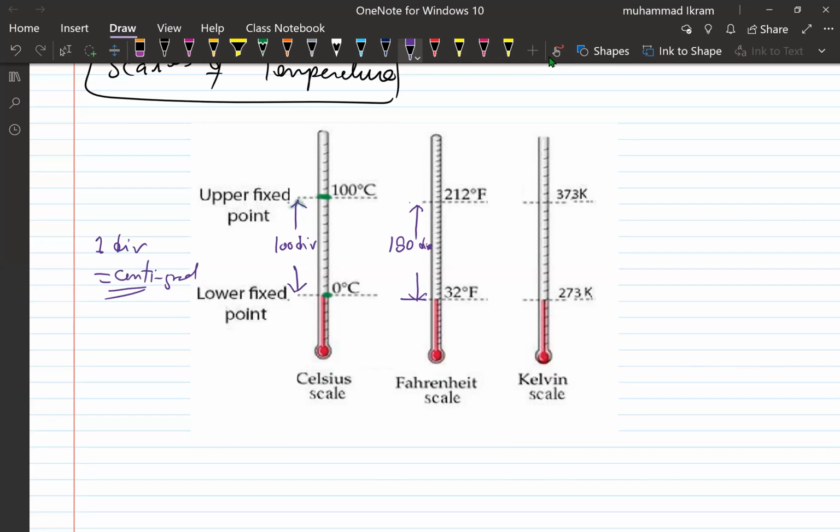And then we have another scale called the Kelvin scale. The Kelvin scale is the SI scale for measuring temperature, where the unit of temperature is the Kelvin. And since we have just taken the lower fixed point and the upper reference point, the Kelvin scale is based